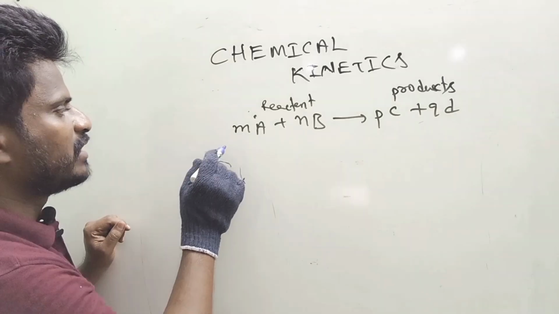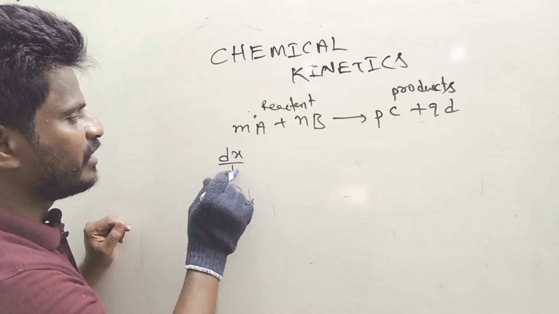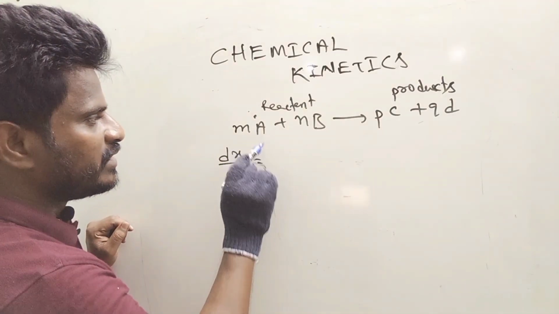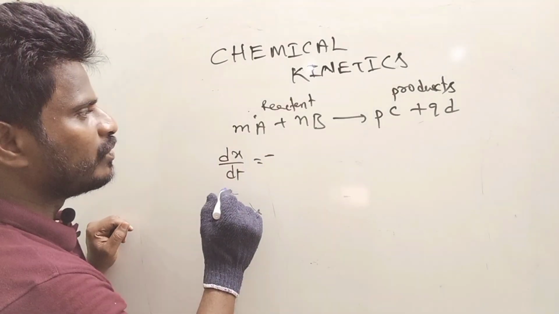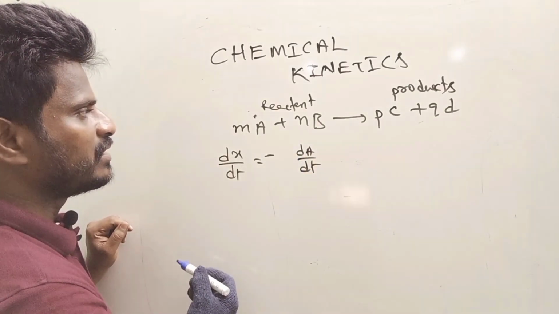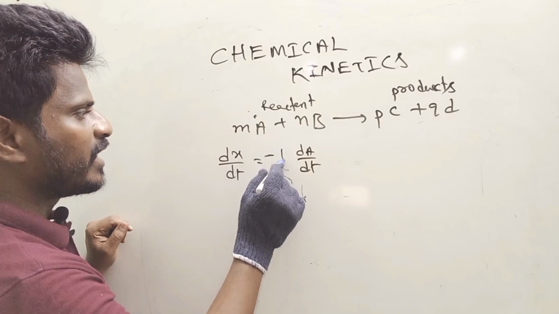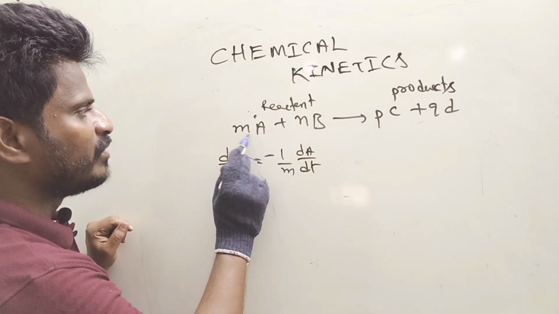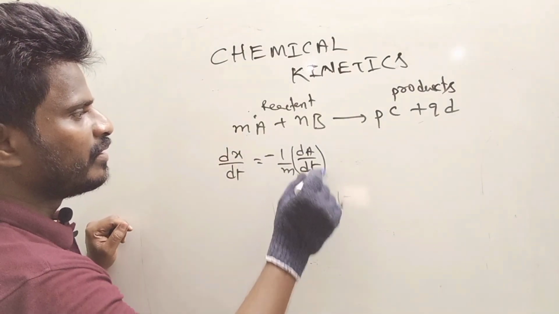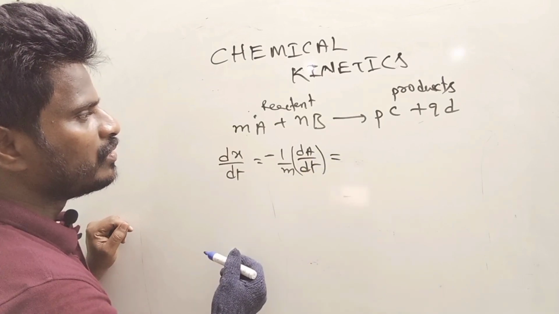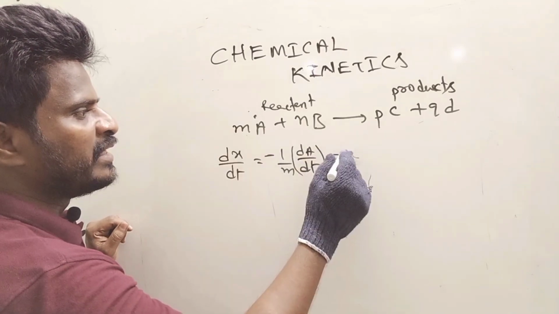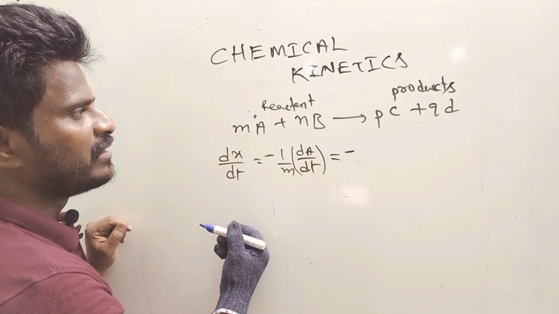For this equation, the rate expression dx by dt: the concentration is decreasing, that indicates negative, and dA by dt is the rate expression. Coefficients are taken as their reciprocal. Here m is the coefficient of A and its reciprocal is 1 by m. That is equal to